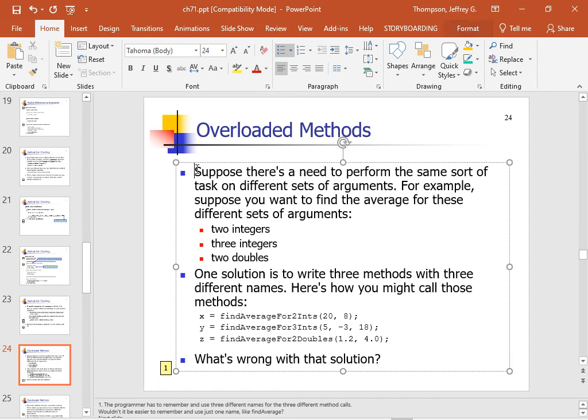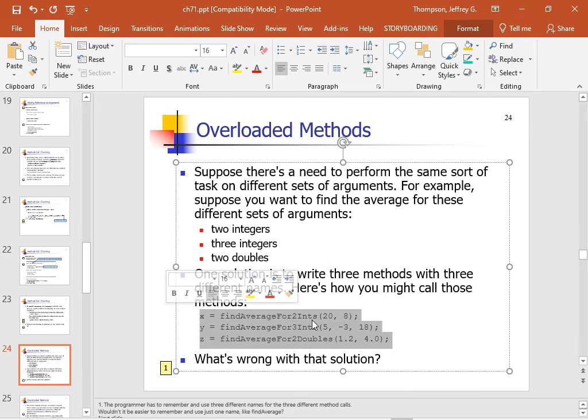So overloaded methods. Suppose there's a need to perform the same task on different sets of arguments. You want to find the average of 2 numbers, or 3 numbers, or 2 doubles, or 3 doubles. What we would have to do is provide, okay, here's what their first guess was. Find average for 2 ints. Find the average for 3 ints. Find the average for 2 doubles. Well, that's annoying to have to specify your data type like that. It'd be better if it just said find average and it didn't care whether you were passing in integers or doubles. So let's go above our main method and add